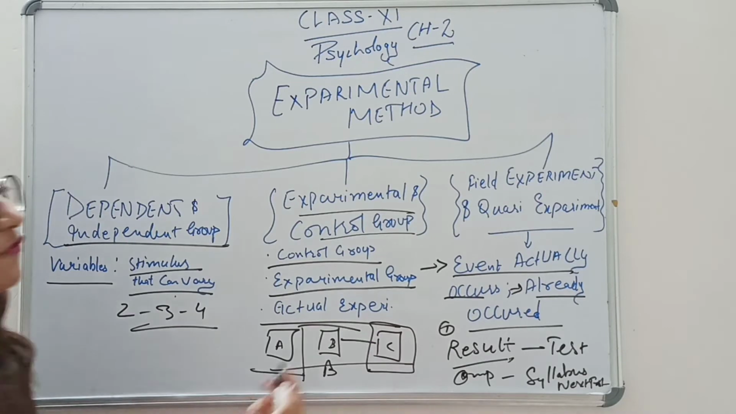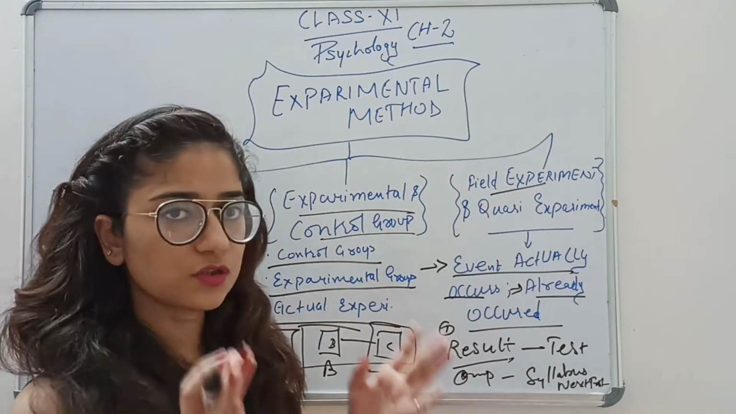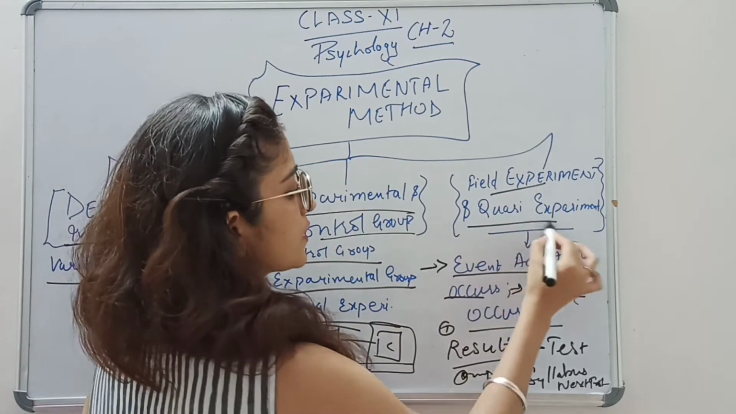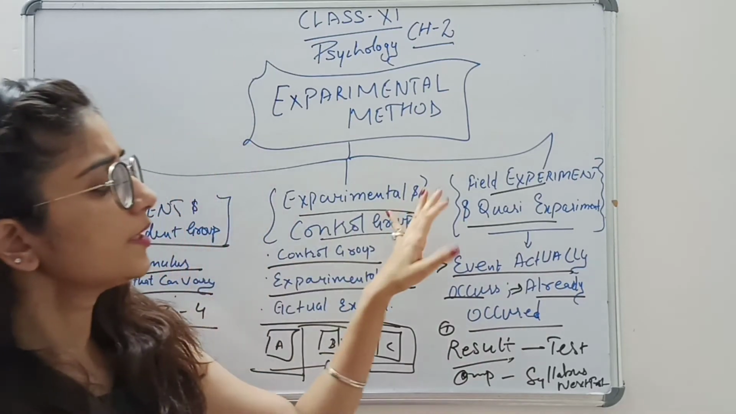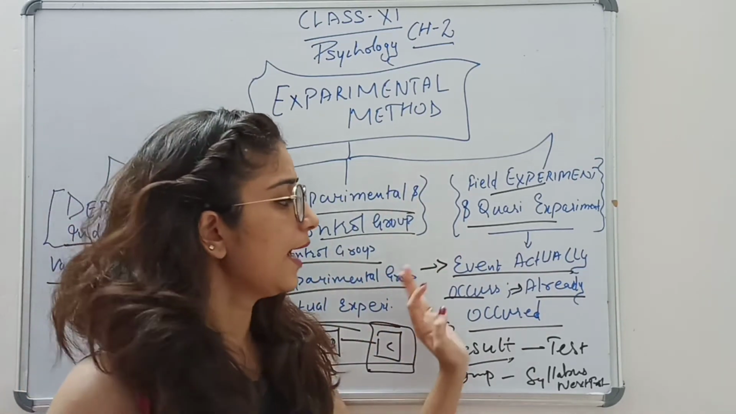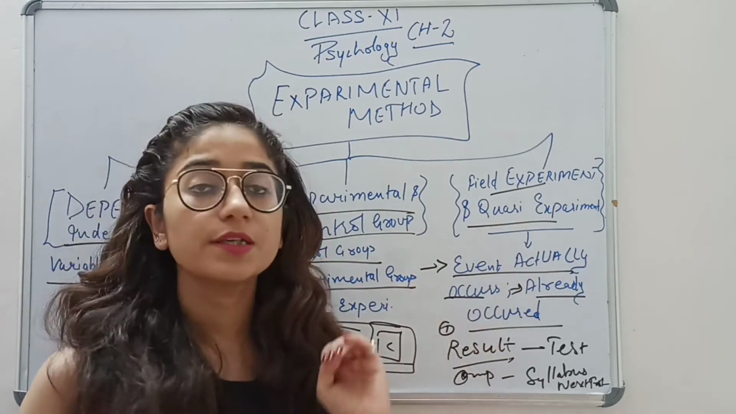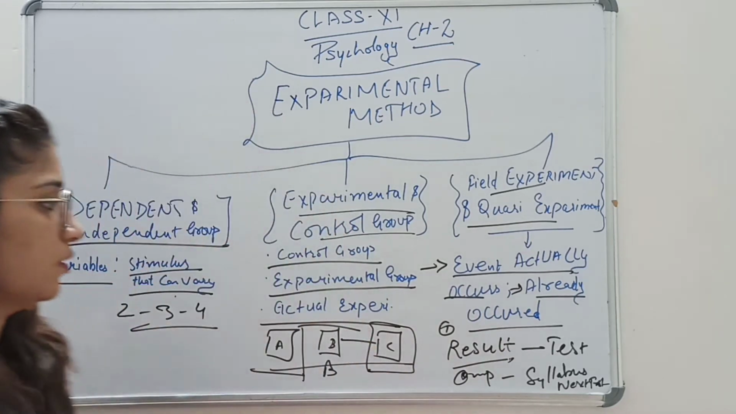So here the field experiment is where the event is happening, and the quasi experiment is where the event has been done. Okay,